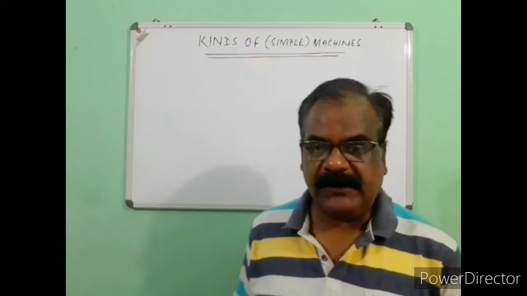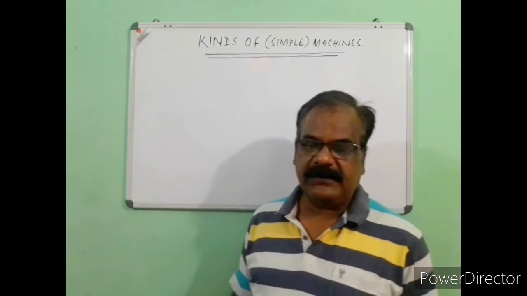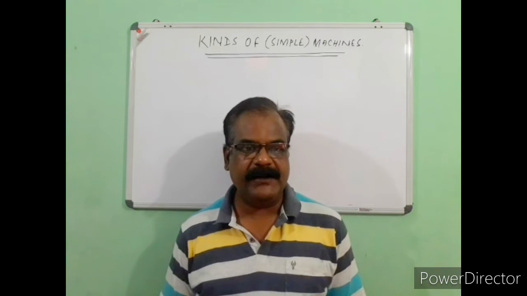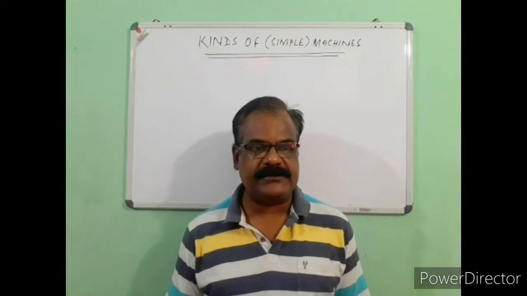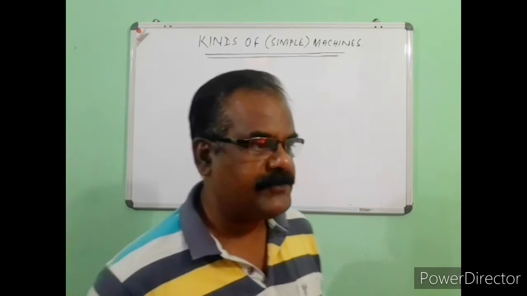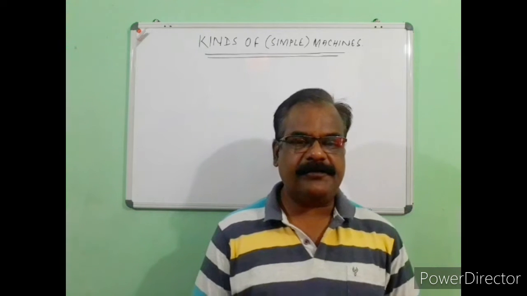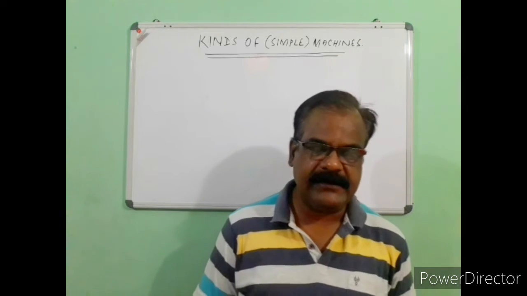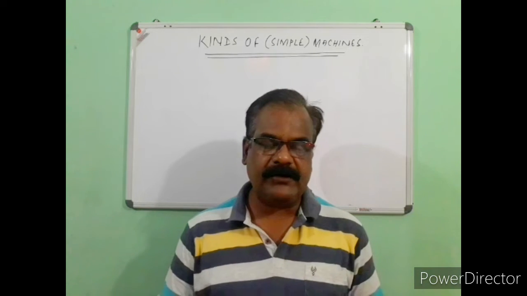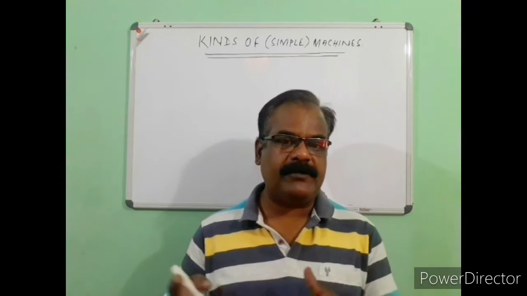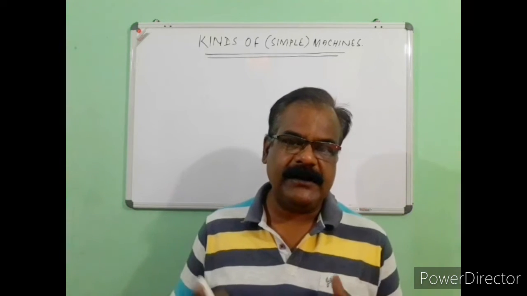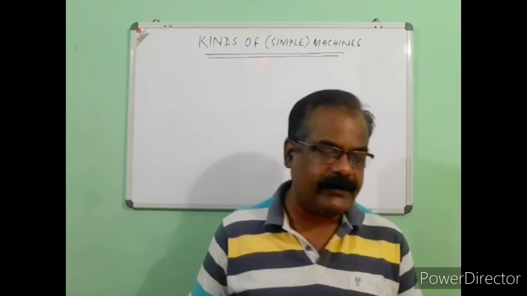Students, in this part of the video we are going to discuss the kinds of machines, simple machines particularly, how they work, what the purposes of those machines are, and why they are designed. Previously we have already discussed the principle of machine, which says that for an ideal machine the work output should be equal to work input, or in other words power output will be equal to power input, or the efficiency of an ideal machine should be 100%, or the efficiency will be equal to 1.